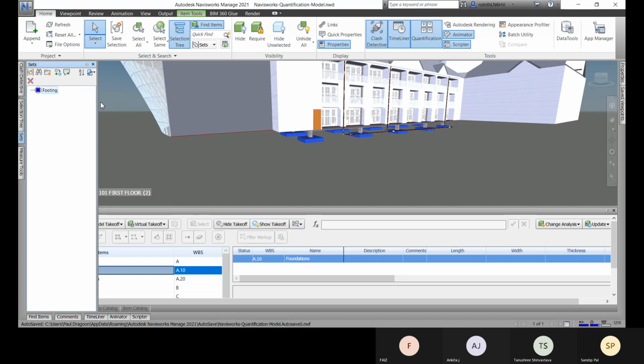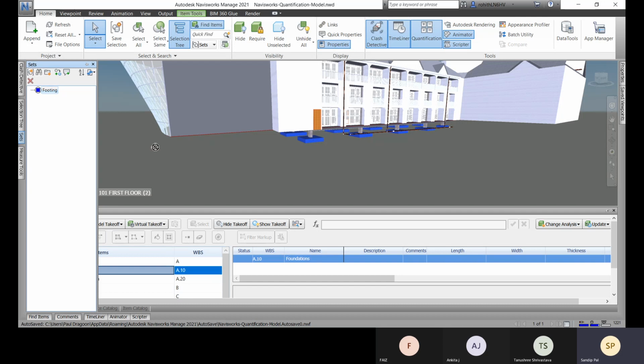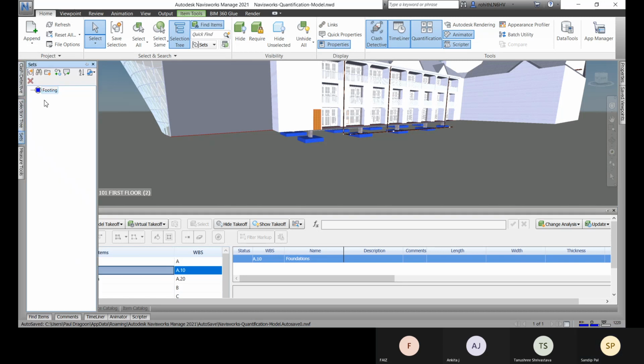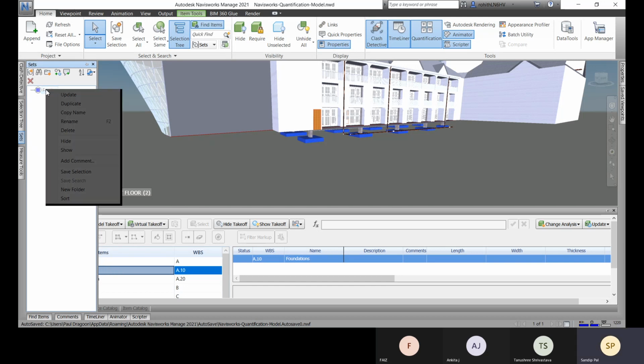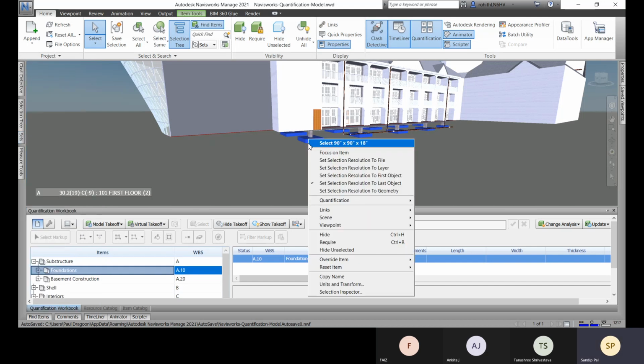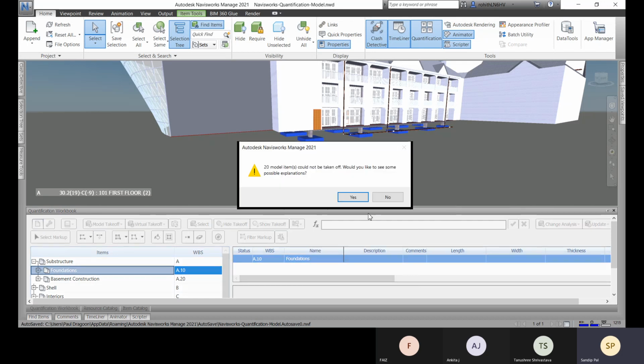Just a minute. This way you can add. You can drag it, or you can go to quantification and take off to foundation this way also.